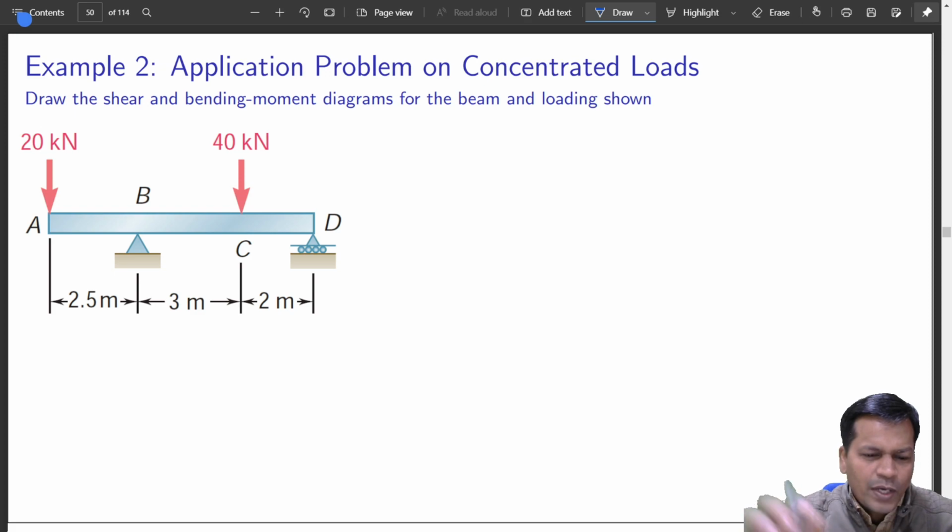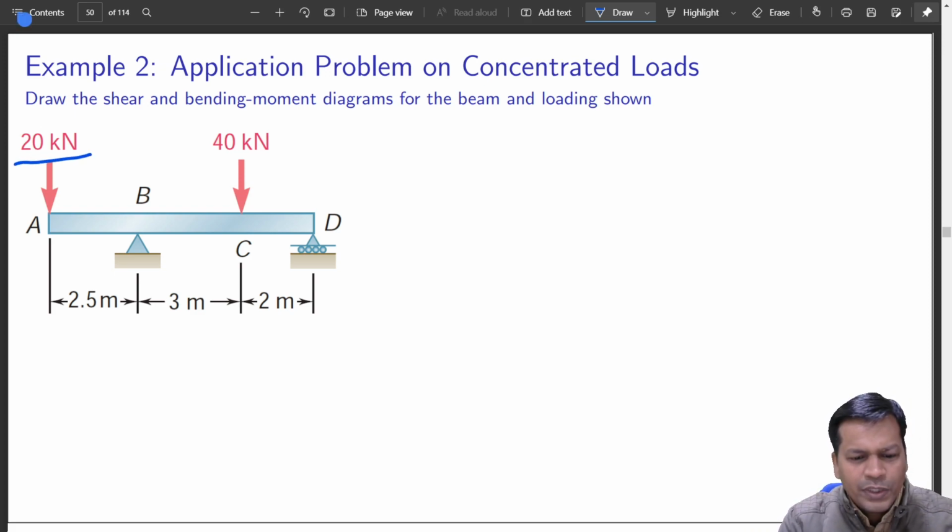So this is one load that is acting at one end, 20 kilonewtons, acting at A, which is overhung beyond this pinned joint. This is a roller joint. It doesn't matter what type of joint it is. From now on, I won't be recalling the first things. So this is simply supported, and in between the span, at a distance of 3 meters from this support, at C you have 40 kilonewtons.